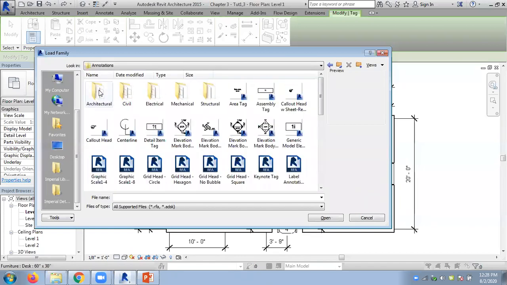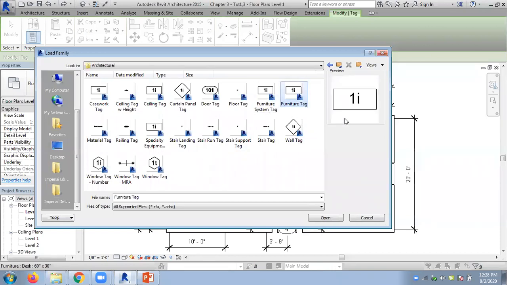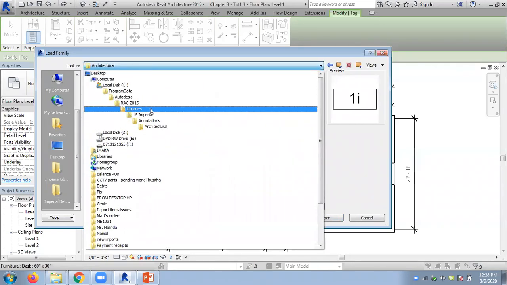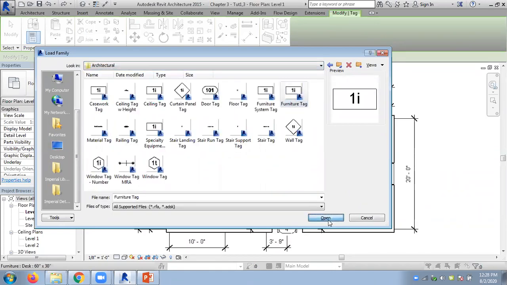And the annotations, you find the architecture, you find furniture here, furniture tag. So furniture tag I have to load. Under architecture it's appearing. US imperial annotations and architecture. So we can load the furniture